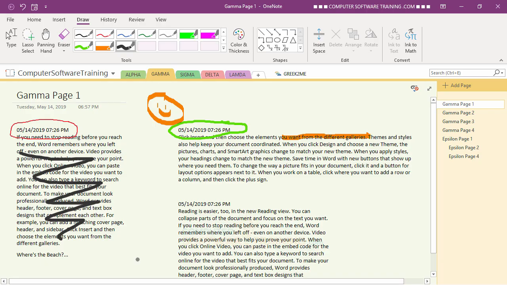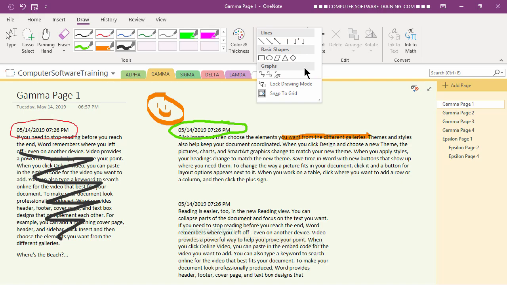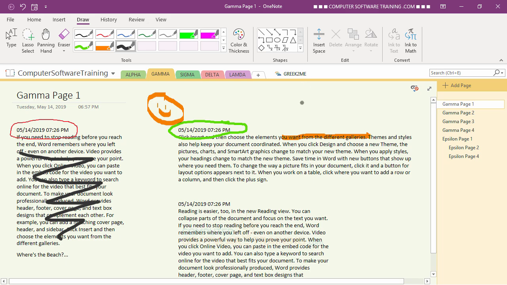Now, another thing we have is this thing here called shapes, and this allows us to draw either arrows, lines, any type of squares, rectangles, triangles, whatever. All right, not a whole heck of a lot here, but you've got a few things to work with. So if you're just going to be doing just a simple